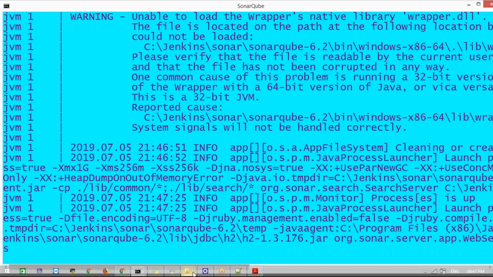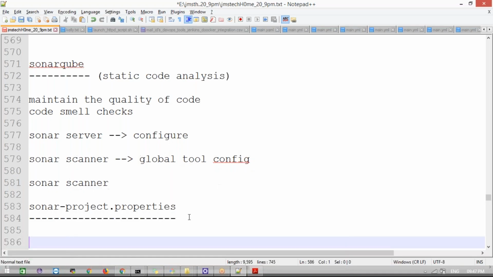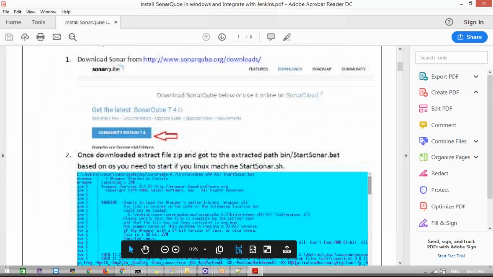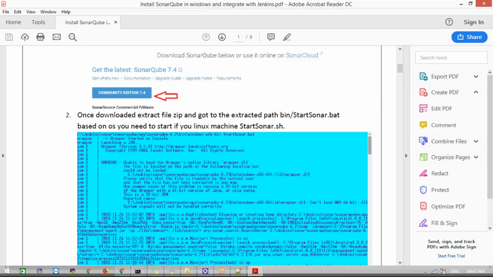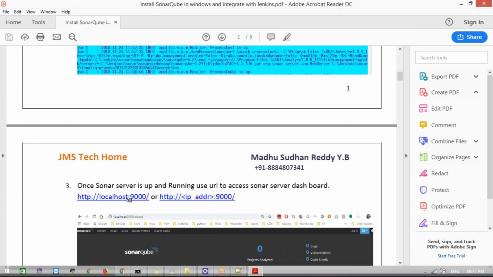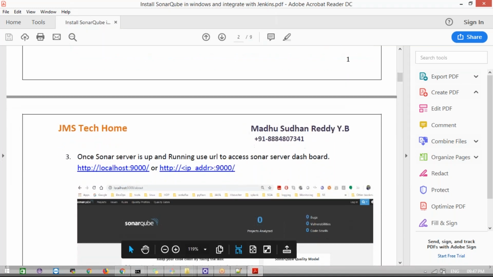Now let's start the SonarQube server. Once it has started, we can access it on localhost, port 9000 by default. One second, I forgot the port, 9000 or 9091? This is what I gave for everything, how to start it and all. Once you start it, we need to access 9000. Yes, 9000 is the port to access the Sonar server.